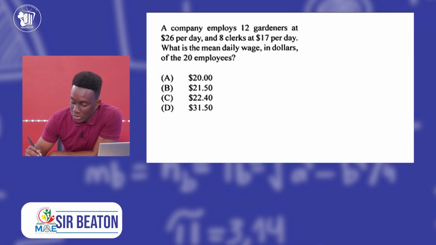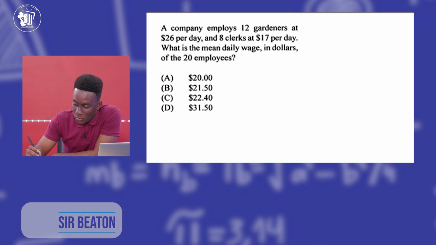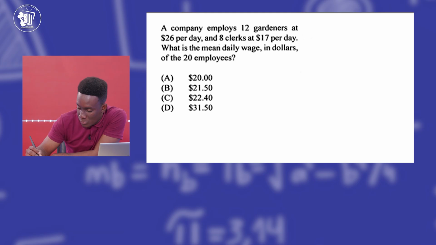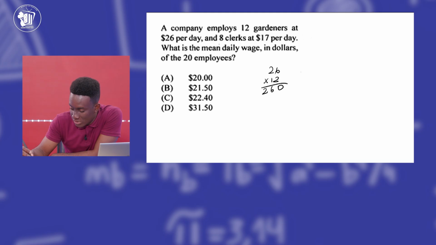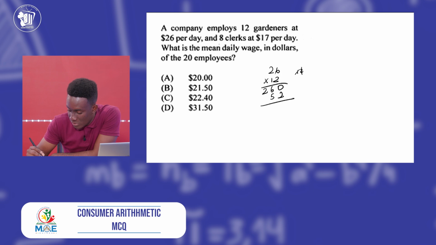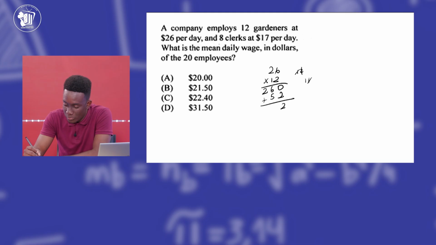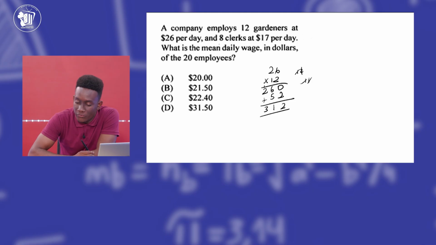So we see the total amount of money earned by the 12 gardeners would be 12 multiplied by 26. So 26 multiplied by 12: 1 times 6 is 6, 1 times 2 is 2, 2 times 6 is 12, 2 times 2 is 4, and 1, 5. So we know this would be 2, and 0 would be 2, 6 and 5 would be 11, so we put a 1 there, and 1 plus 2 would be 3. So the total wage for the 12 gardeners would be $312, and the total wage for the clerks,